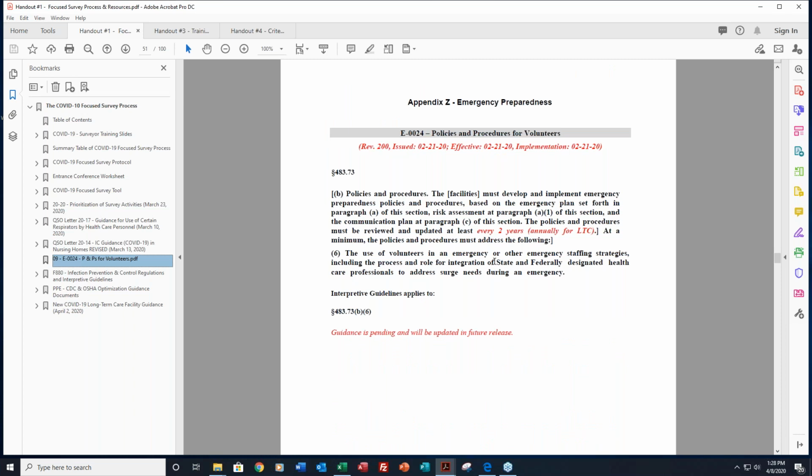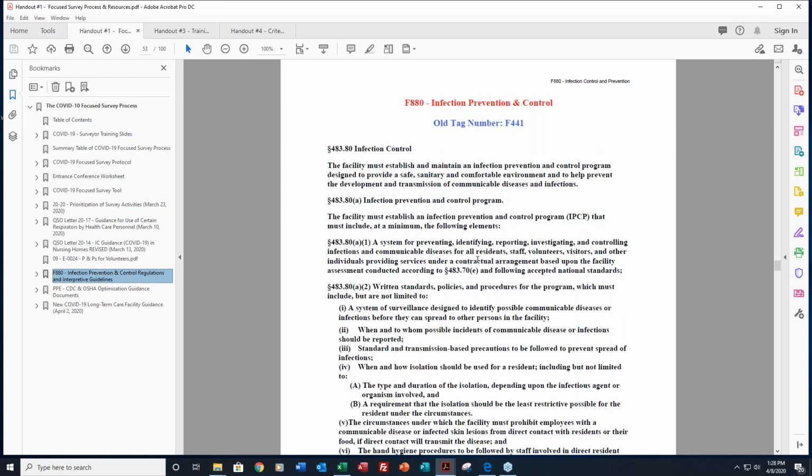looking at the emergency preparedness, they're focusing on these regulations, policies and procedures for volunteers. So how are you training the volunteers? How are you using the volunteers in emergency situations? So that's the focus tag, and you will see in the survey training slides that they focus on this particular tag. We also provided the